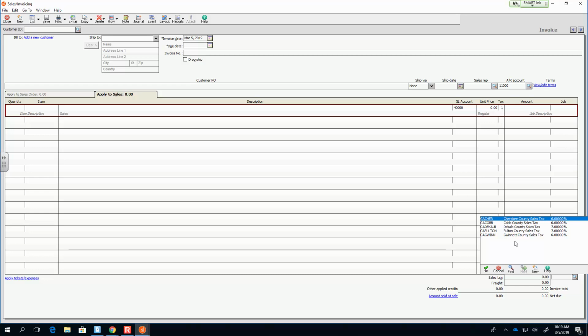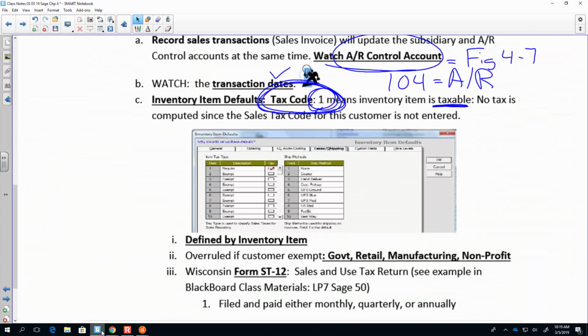Sales tax, I can't emphasize how important that is. You cannot mess up on this. So, the reason we cannot mess up on this is, guess what? When we do our ST12,